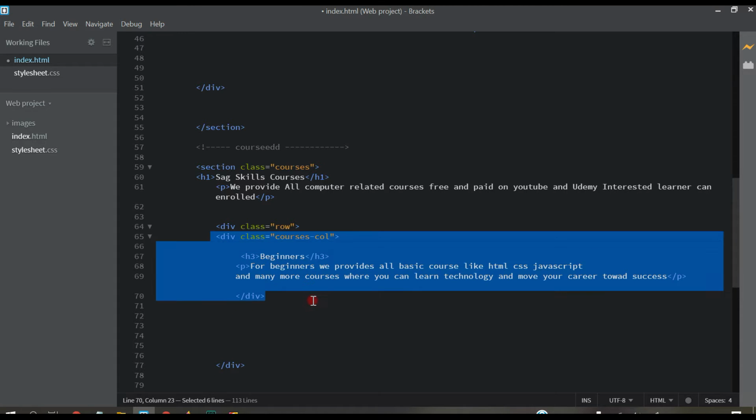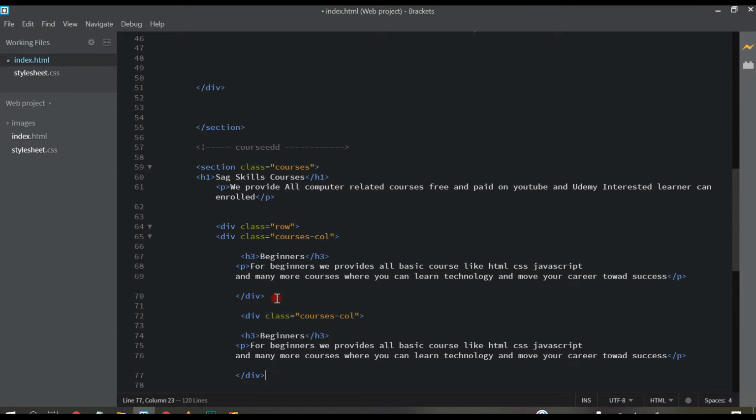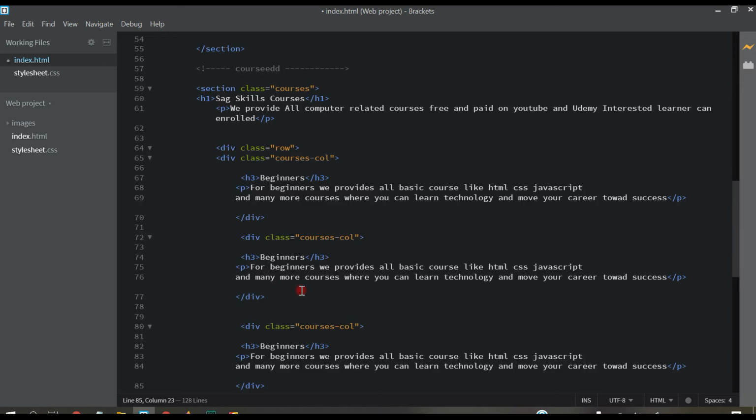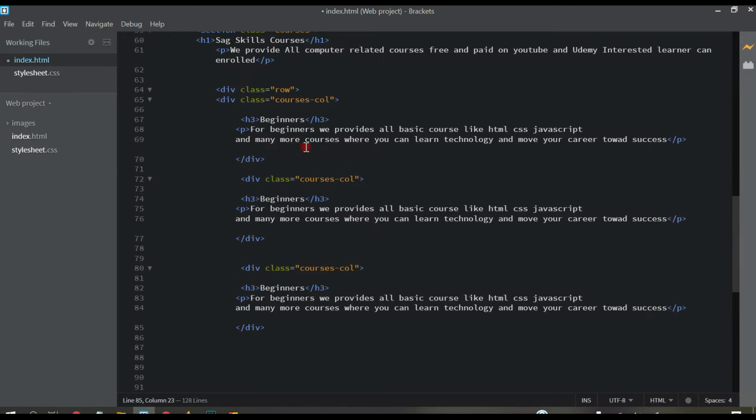Now just copy this again and paste it two times. One more time here. Now just change this to advanced, sorry, intermediate. Sorry for the mistake. Okay guys, intermediate. Now here add experience.